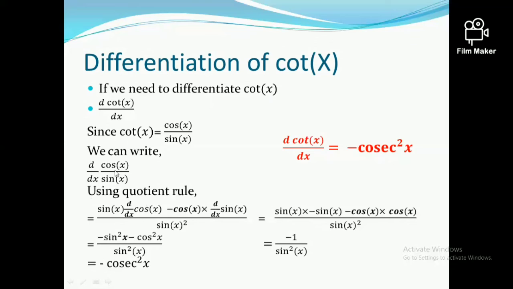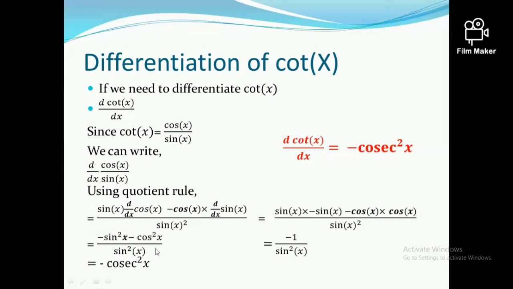In the quotient rule, square the denominator. Then keep the denominator and differentiate the numerator. This is the quotient rule. Minus, keep the numerator and differentiate the denominator. If I repeat it: square the denominator, keep the denominator and differentiate the numerator, minus, keep the numerator and differentiate the denominator. If you keep sin x and differentiate cos x, it's minus sin x. Minus, keep cos x over here, and differentiation of sin x is cos x.